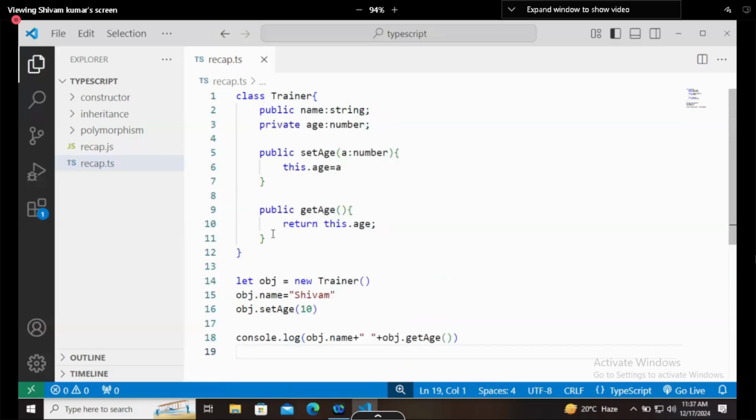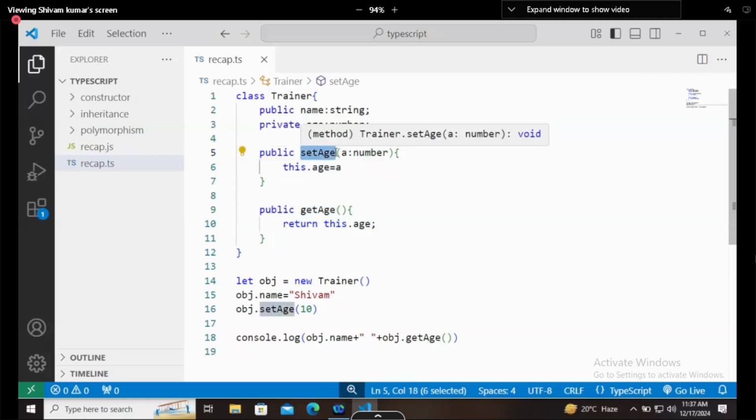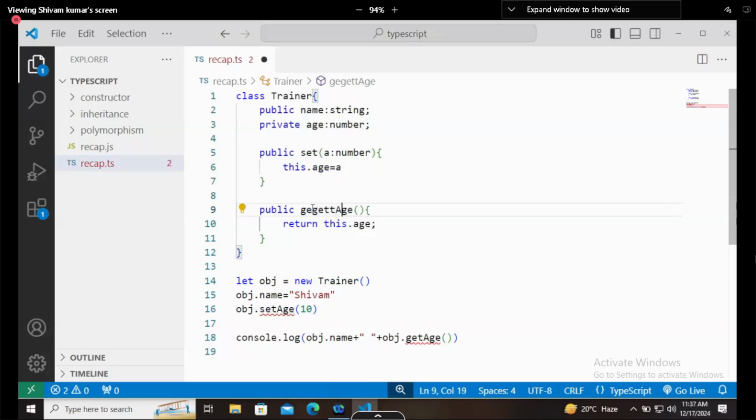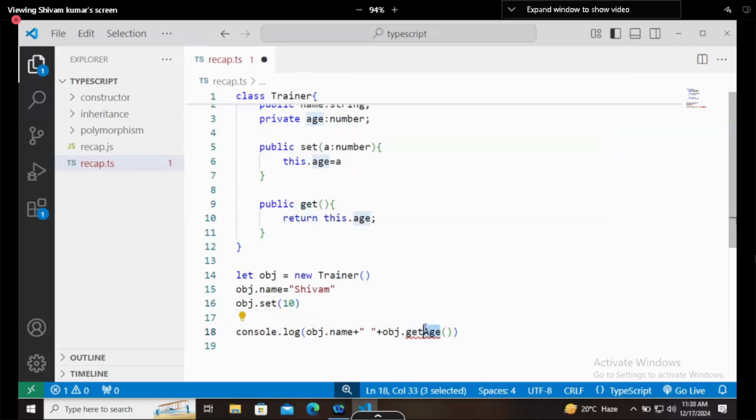So getters and setters are used to access the private variables outside of the class. So generally, can we give space between set age? No, it should be one keyword. This is a function name, guys. Okay, let's say if I'm writing only set and here I will write only get, this is just a function name. It's not a big deal. Generally your code will be too long. That's why we are using naming conventions like this, so that we can easily find them. This is just a function name.